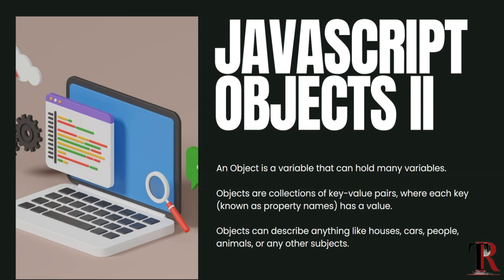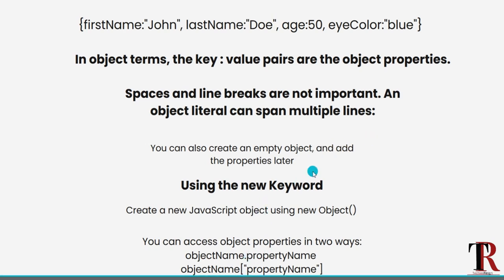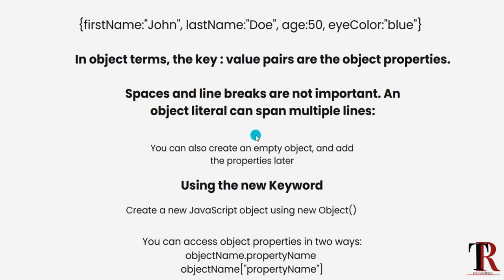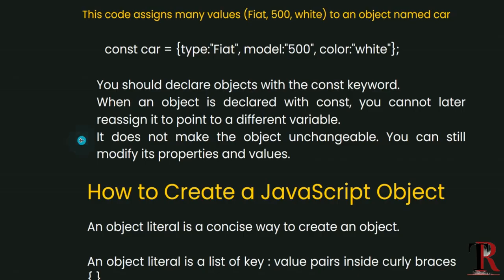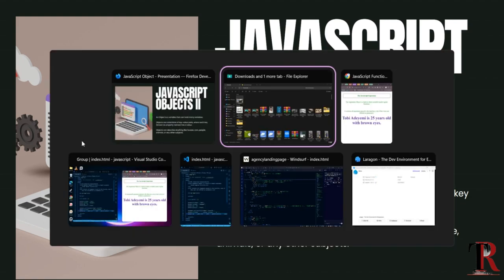Last lesson, we talked about what objects are in JavaScript, and we also looked at creating an empty object and assigning properties to it later. And then we saw how you can use the dot notation to access your object. From the last example, we just used the dot notation as a way to extract our object value. So in this lesson, I just want to demonstrate a few examples of how objects can be